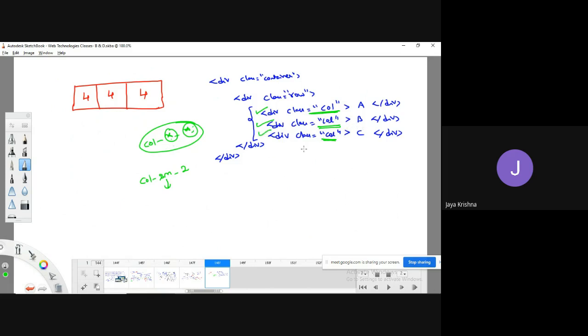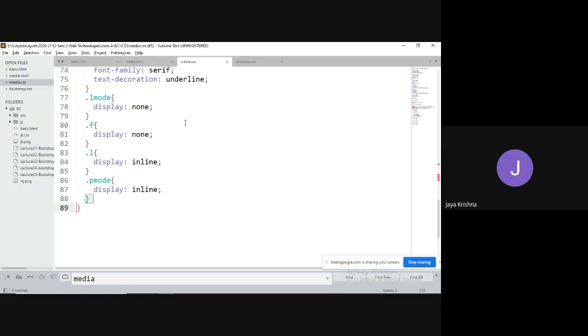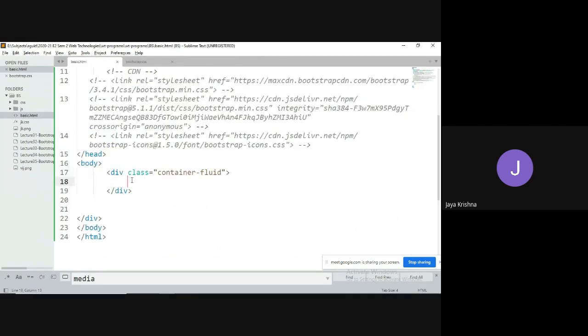So let me take a simple example with the help of this one only. I am going to close this. Yes, I have taken one class called container.